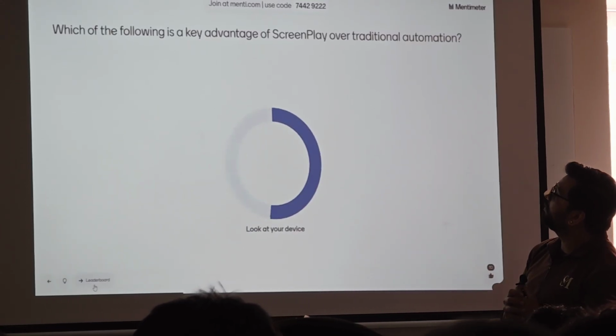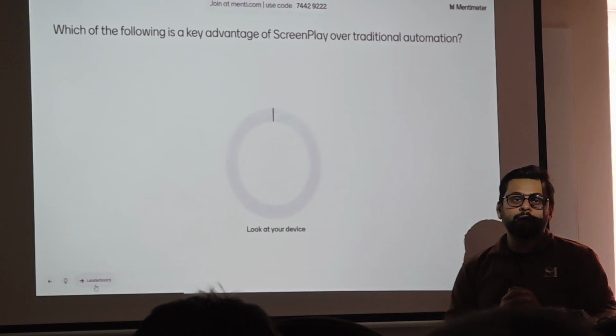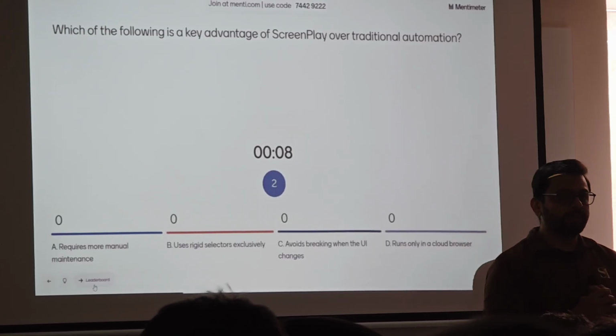Which of the following is the key advantage of ScreenPlay over traditional automation? And your options are